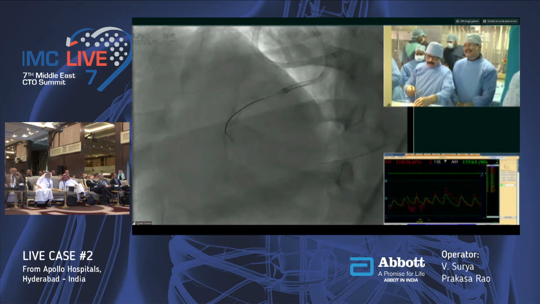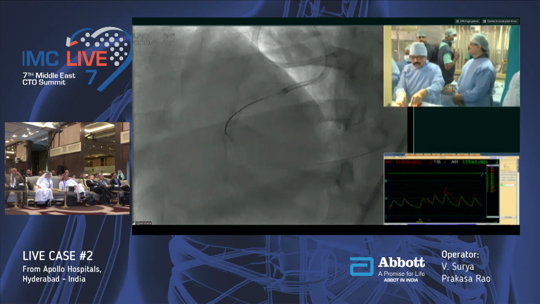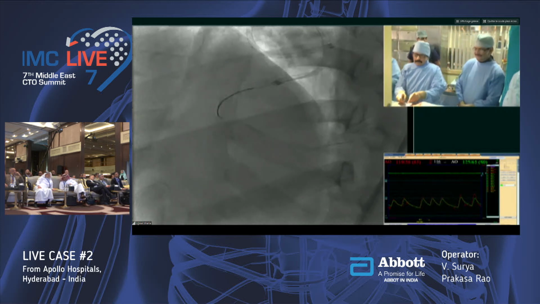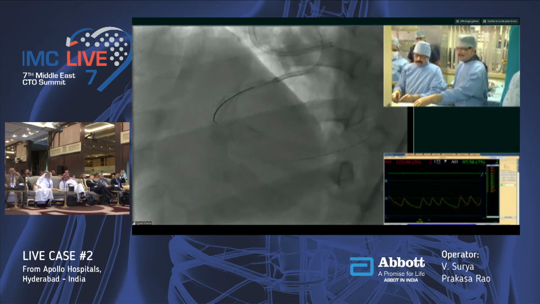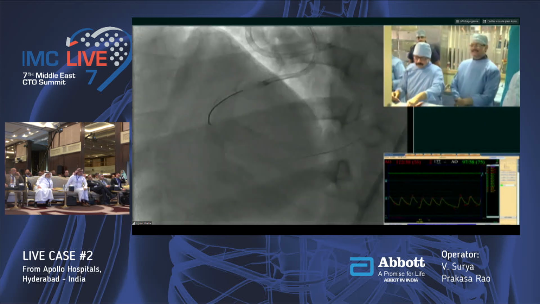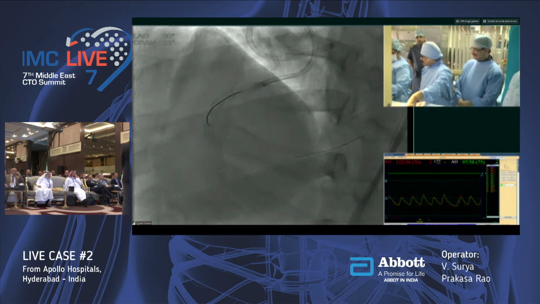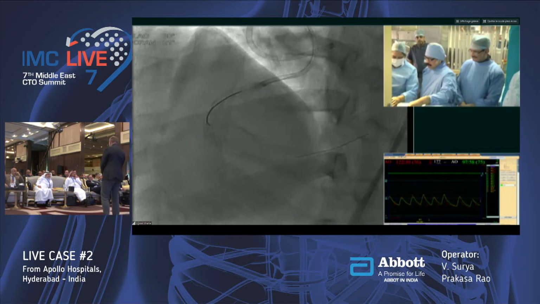This is only 10 mm. 10 mm length. How long? 10 millimeters length. Okay. We'll take a Sapphire 1 millimeter. So, if someone has some